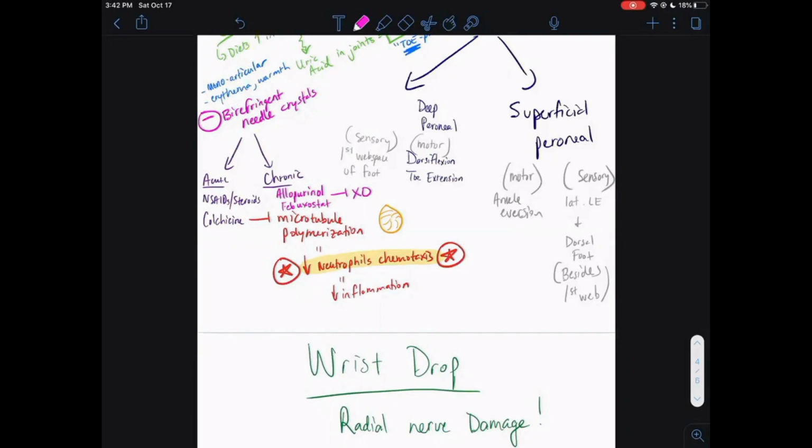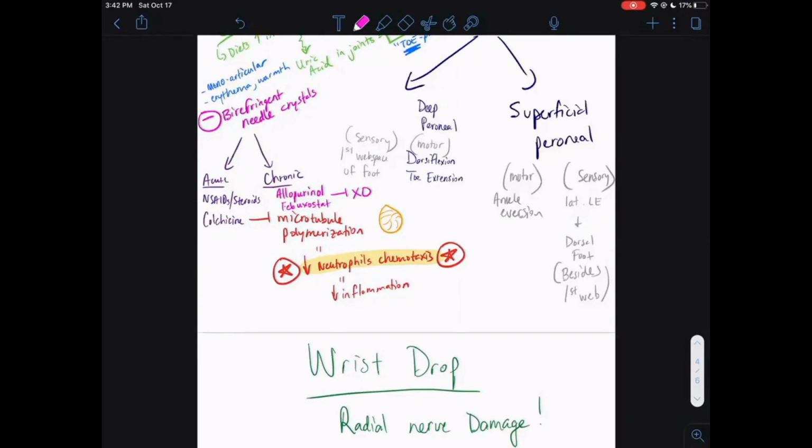And so if you hear allopurinol, I don't want you to think that it's for acute gout, because it's only for chronic gout. It's actually not helpful at all in acute gout, because in acute gout, you want to stop the inflammation right away. You want to give them either the NSAIDs or the steroids or the colchicine. But the allopurinol works really, really great for chronic gout.